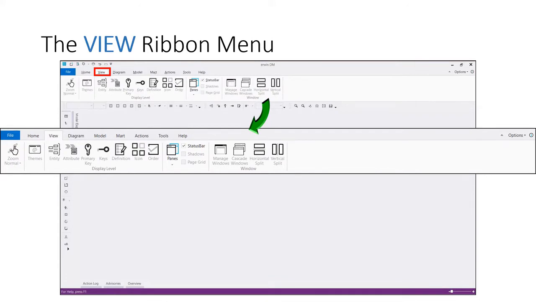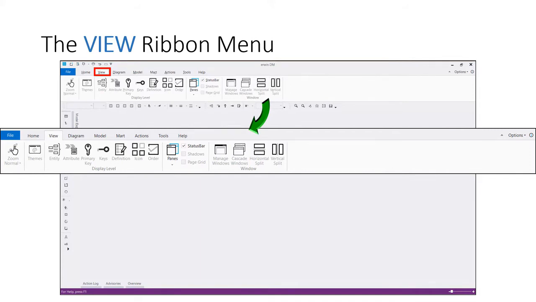It has been organized to better reflect those items related to what is viewed in the workspace. We eliminated the old Windows menu item and included the window arrangement submenu items on this new View menu. One of the major benefits of using a ribbon menu system is that submenu items are generally viewable on the ribbon. Notice that all the display level submenu items are visible without the modeler having to make any selections.